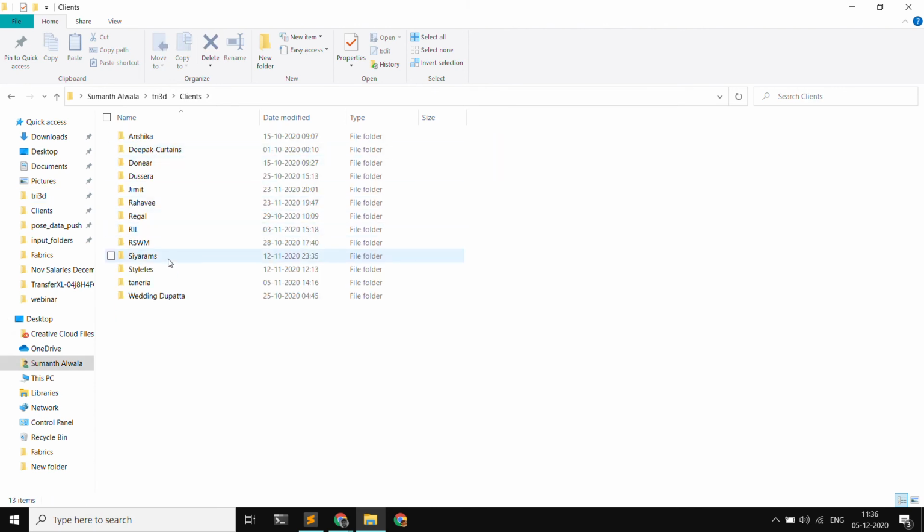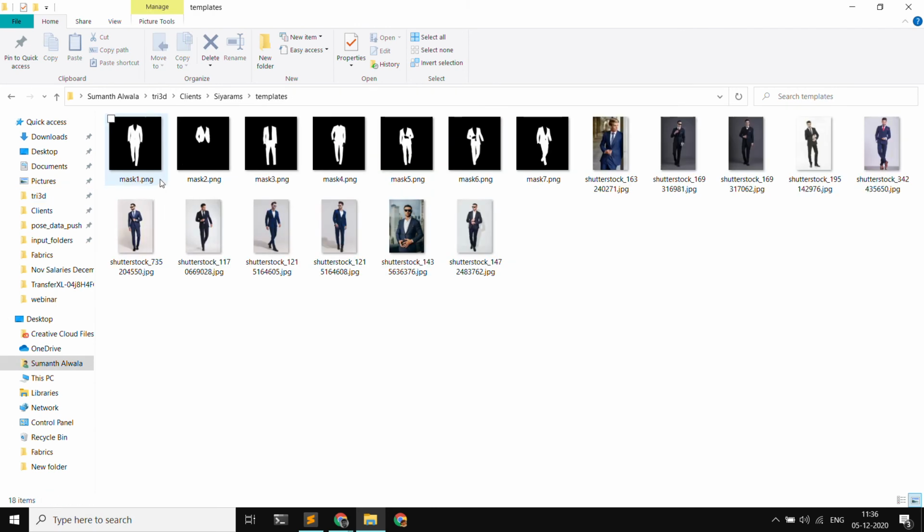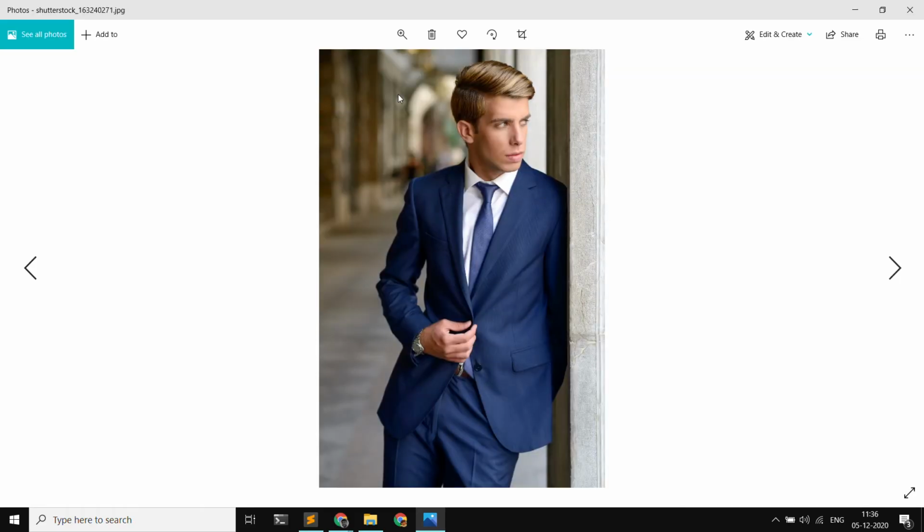You can send us images, something like this, wherein the model is a representation of the design that you want to create, and the fabric needs to be plain in that. It can't be stripes or checks. Once you give us a plain garment image of a particular styling, we can create a template of that. If you want to keep it exclusive, it would be chargeable. If you want to keep it non-exclusive, as in I can put it in the public version of the app, we wouldn't charge for it. And once this is done, we'll create the template and upload it in your account.